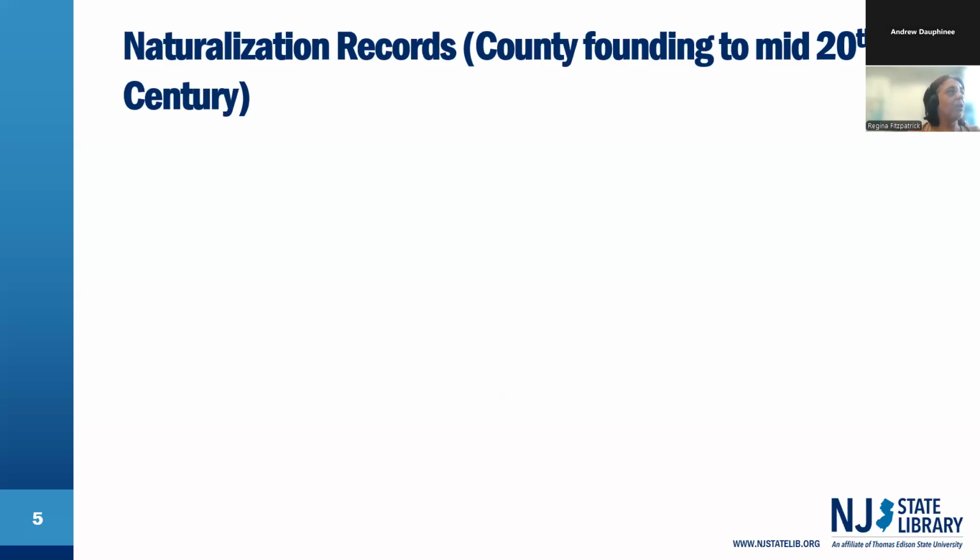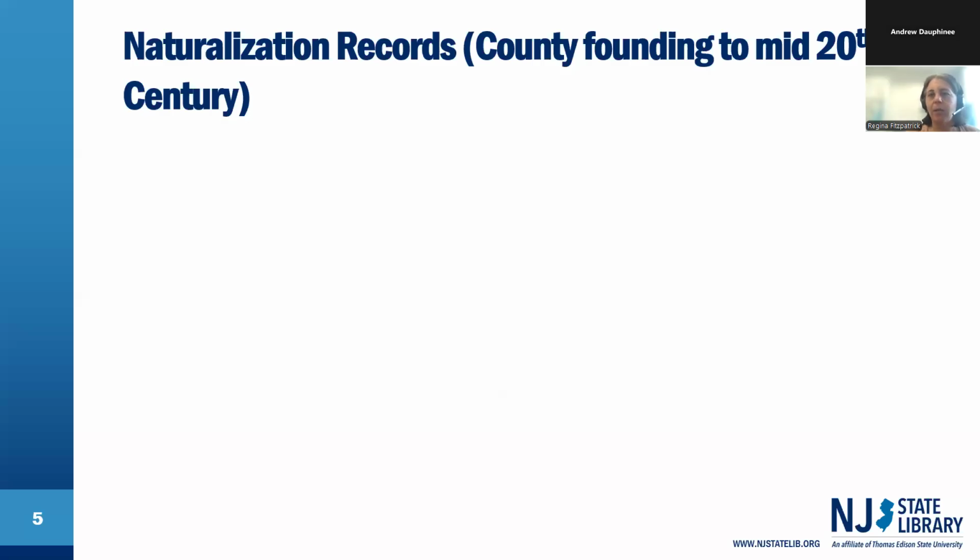So what we are going to do first is talk about women's citizenship and naturalization records and clues that you can look for as you are researching a woman ancestor in this type of record. And then we are going to talk about the parts of the naturalization records from the counties. These were the only type of naturalization records, unless somebody naturalized through the federal government, for a large part